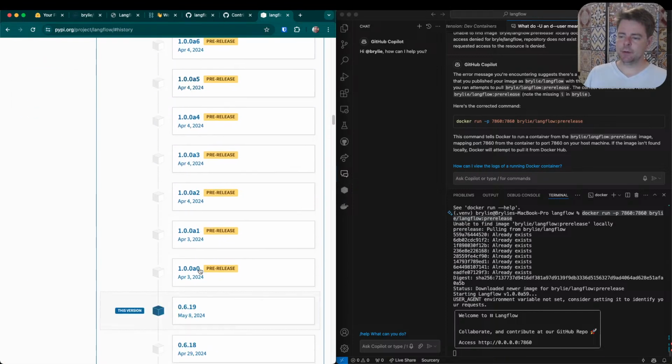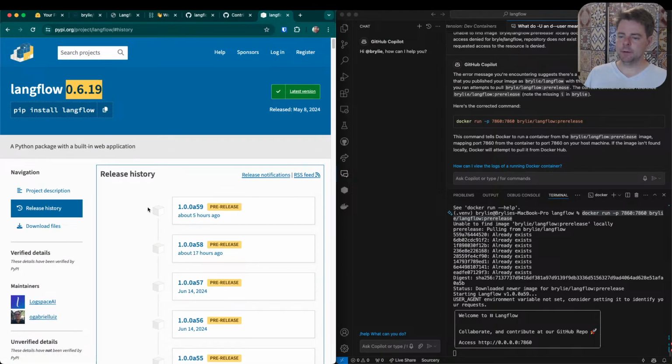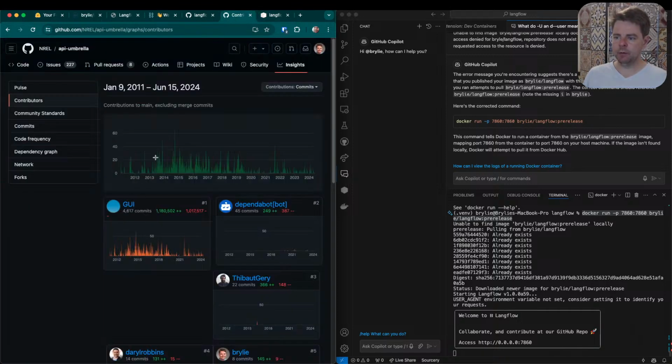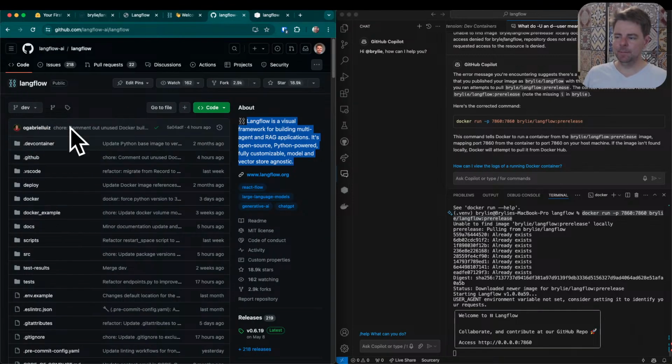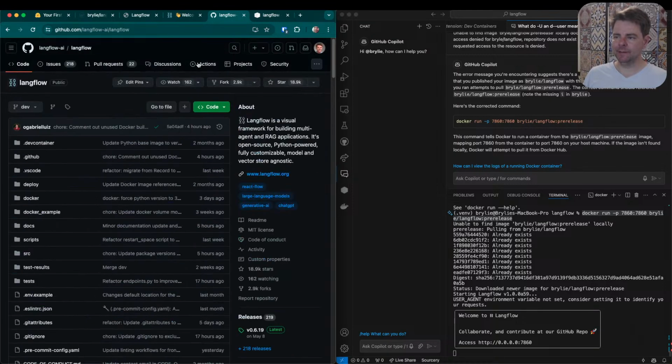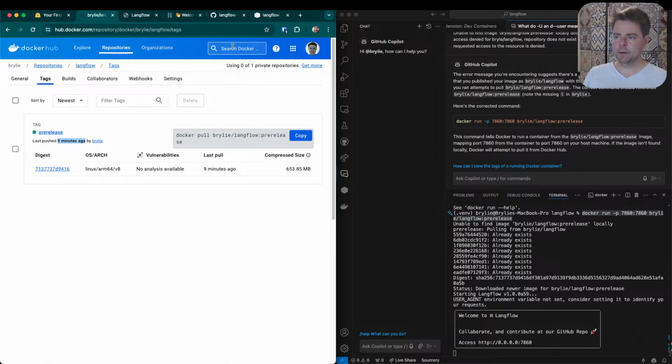So that'd be interesting if I could somehow trigger a build from their repository. Anyway, this is just for my own purposes to help people learn. So I'm not trying to override their Docker image or their namespace or anything like that. They have their own CI pipeline and everything like that. But if we do look here on Docker Hub,